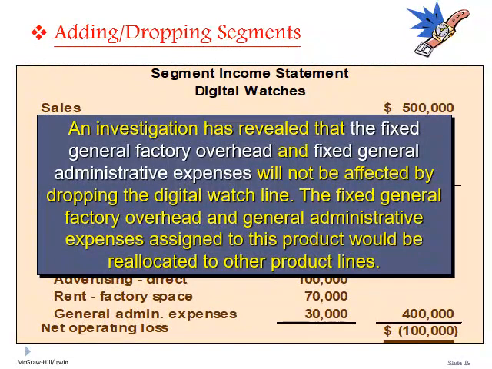So it says here, an investigation has revealed that the fixed general factory overhead and fixed general administrative expenses will not be affected by dropping the digital watch line. Not be affected means it is a cost that can be